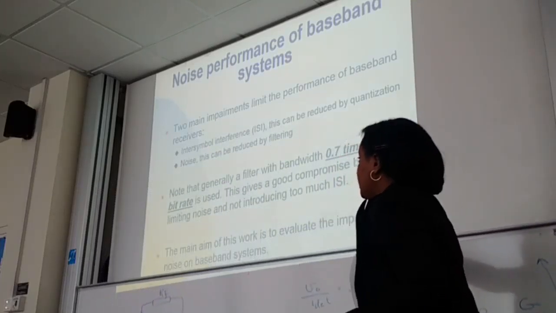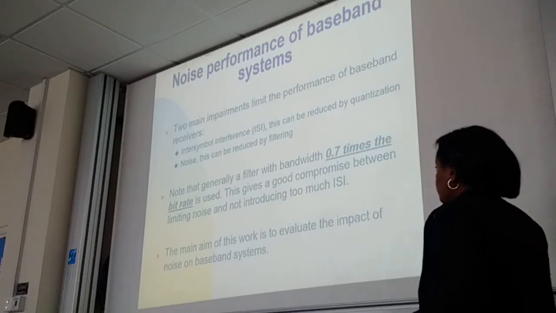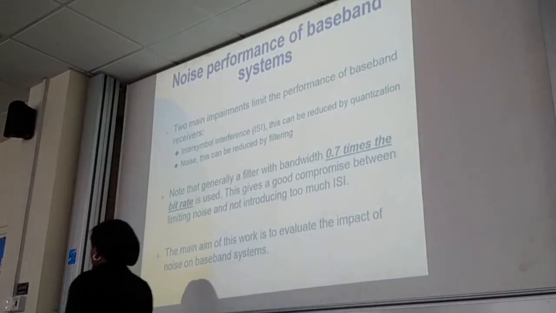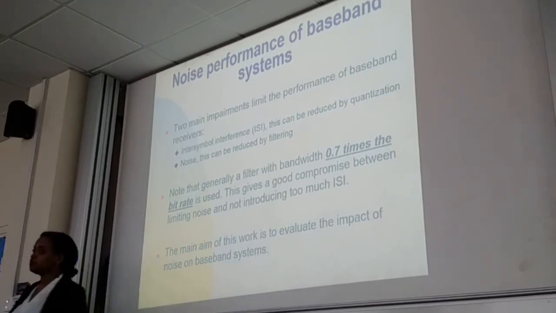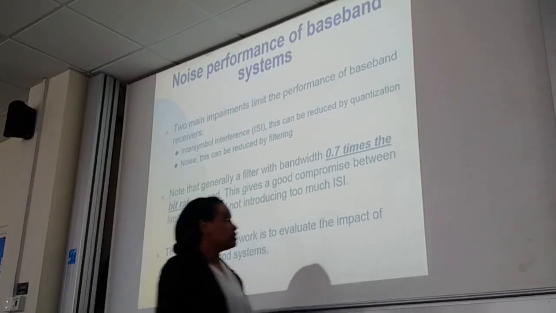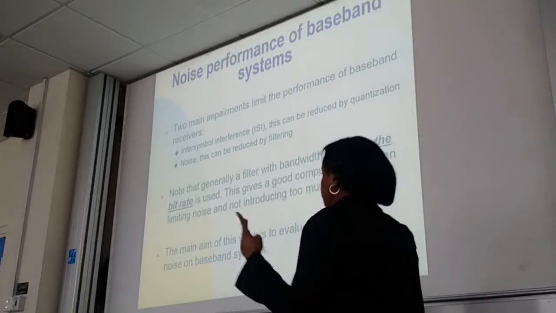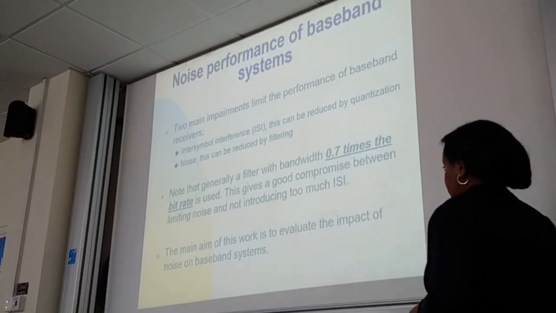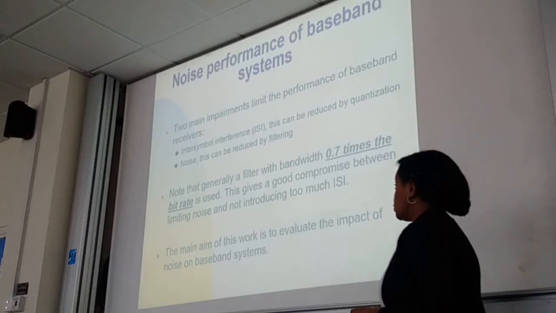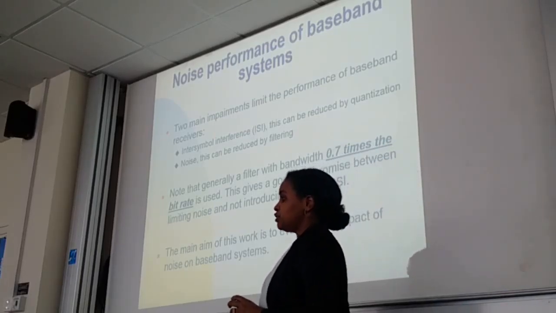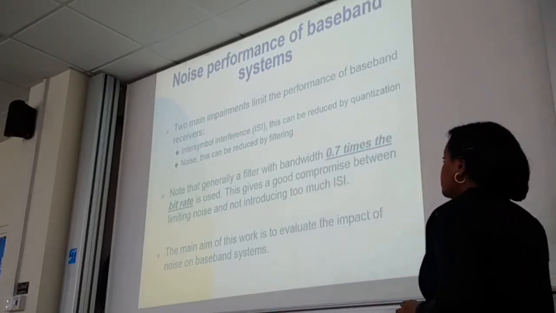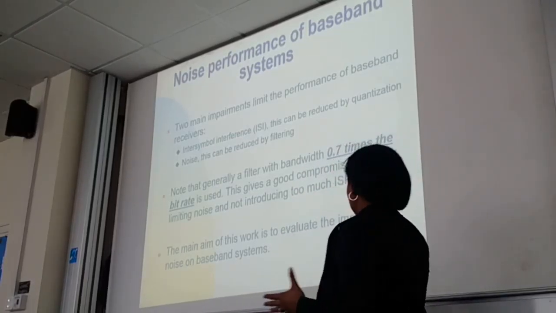Okay, so far we have seen that the performance of optical communication networks, and when I say performance, I mean the ability to correctly recover symbols for digital systems, is mainly determined by two impairments. Intersymbol interference, which results from dispersion, as we have discussed before, and intersymbol interference can be reduced by